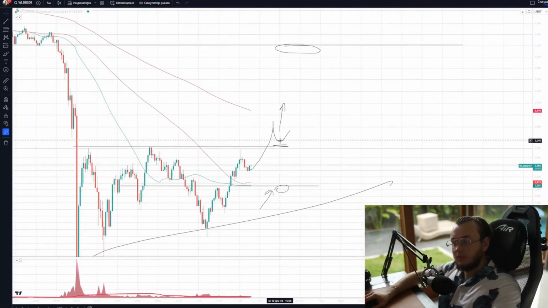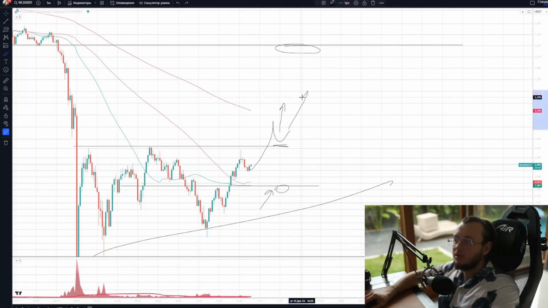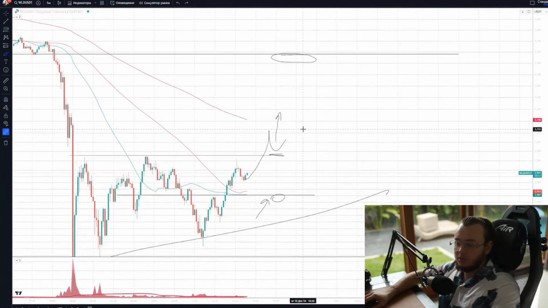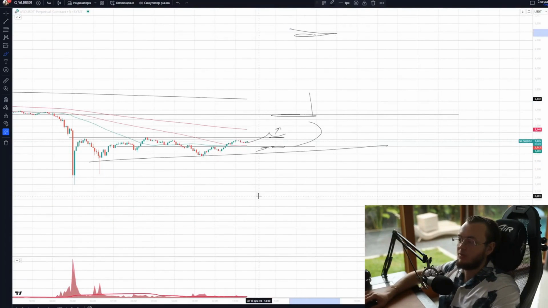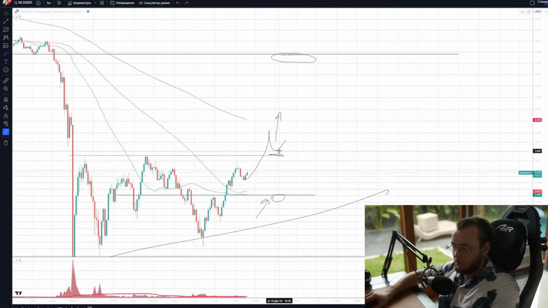Maybe the entry point is bad. So if I had entered not right here and I had a 2-to-1 ratio, but somewhere earlier, or if I didn't manage to enter here and I ended up with like 0.5 to 1, right? It means the mistake isn't that I, damn it, set my take here and I should have set it about 3 times higher up. The problem is that I just entered the trade incorrectly. The entry point is fine, but I entered right here and that's wrong.